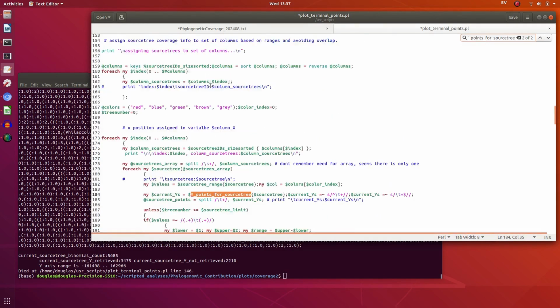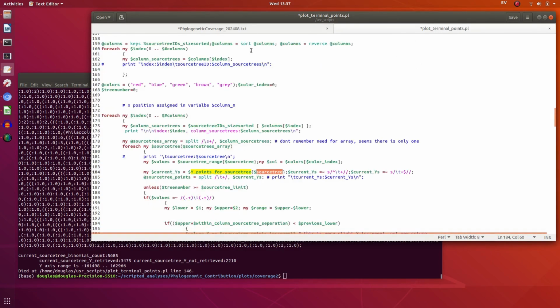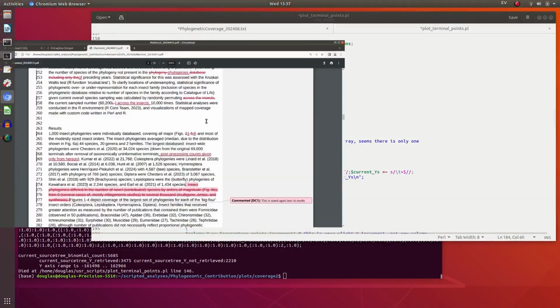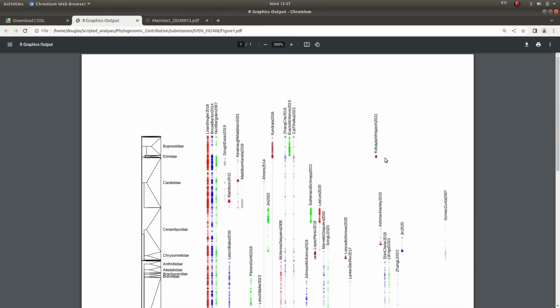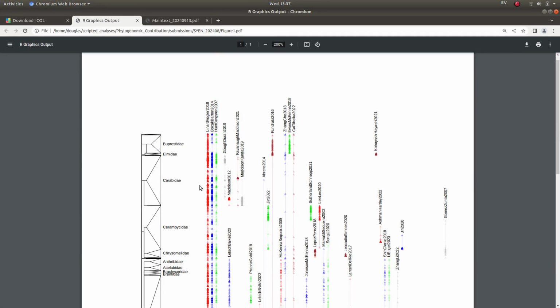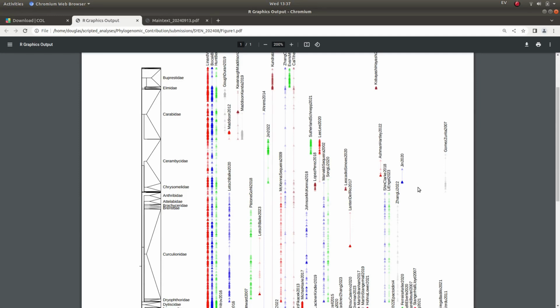Those are stored for the given source tree and then plotted along a sequence from left to right. So that's how this plot was created, roughly depicting the species coverage for each of these